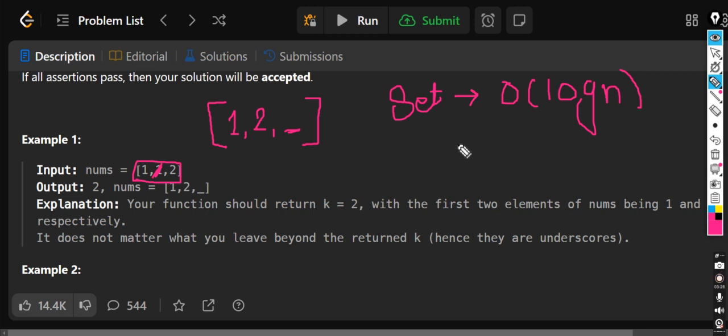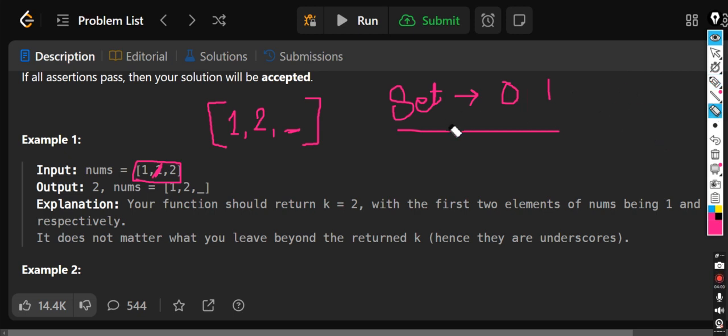And first of all, it is clearly mentioned that whatever array you have been given, you have to do changes in that only. Using a set, you can't do that, because set is a new data structure. You have to create it new, and you can't return a set. You have to return a vector only. So this option could be there, we can solve it, but not in an optimal way. We require a better approach, and the optimal approach still works on this array only.